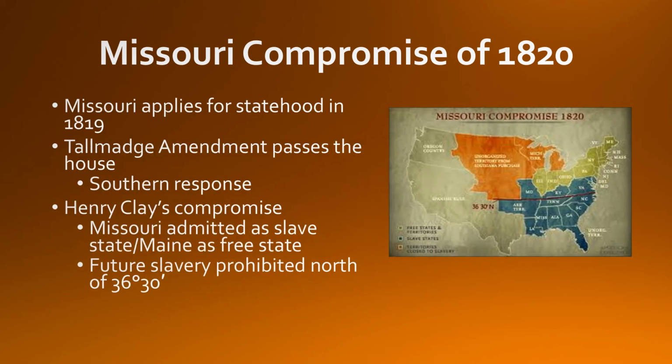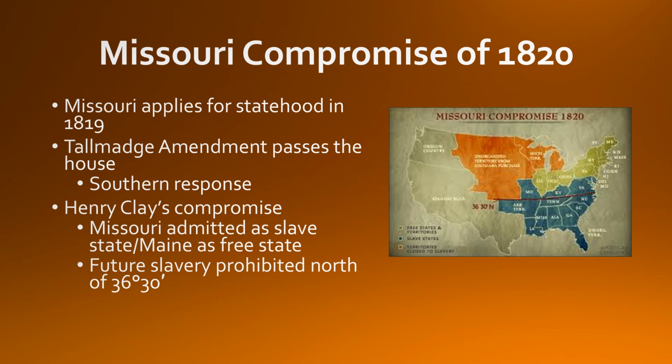Henry Clay is known for three great compromises, this being the first, the Missouri Compromise of 1820. The Nullification Compromise in 1832 and the Compromise of 1850 are also part of Henry Clay's series of compromises. But the compromise regarding Missouri was that Congress would admit Missouri as a slave state, and Maine would be admitted as a free state. While this didn't make a rule or a law of a sectional balance, we are going to see the sectional balance kept at 12-12 for the next 15 years. Future slavery would be prohibited north of the 36°30′ line, and the compromise was largely accepted by both sides.